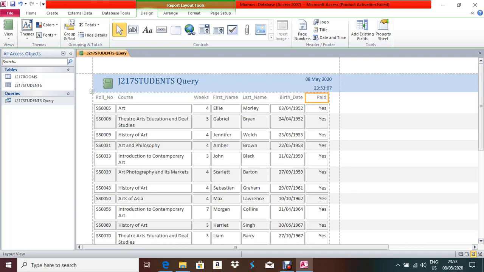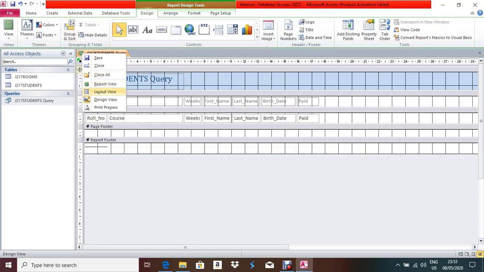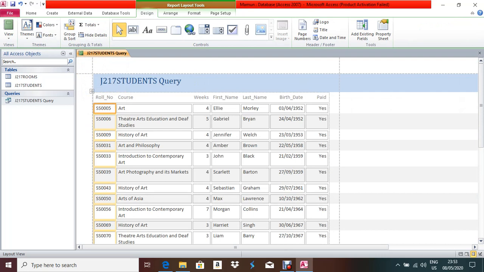Now in this way, what you have to do, you have to remove this line, right? I told you earlier also. Go to design view. Even remove this box, this two things are not needed, and some count function formula came automatically, this one also not needed. And now this page thing also not needed. Okay, now open this one into normal layout view. It will look like this, right?